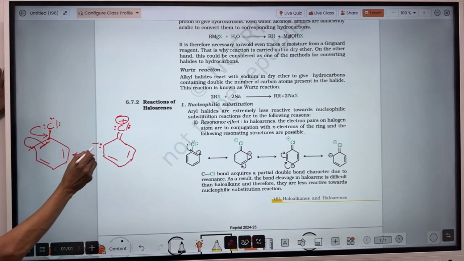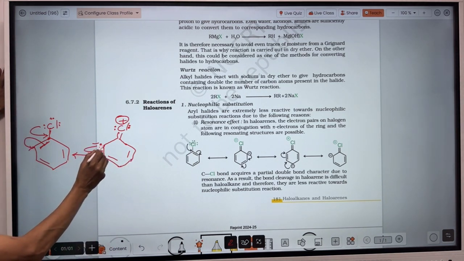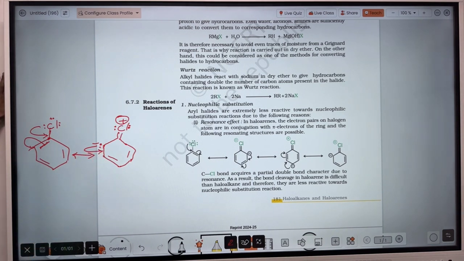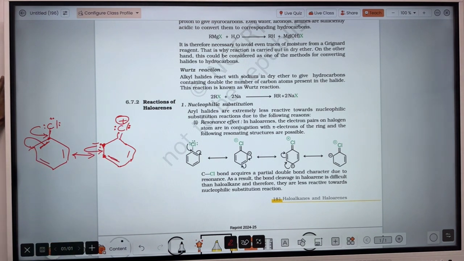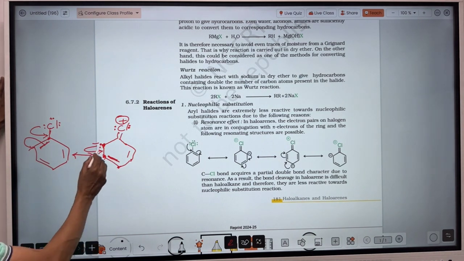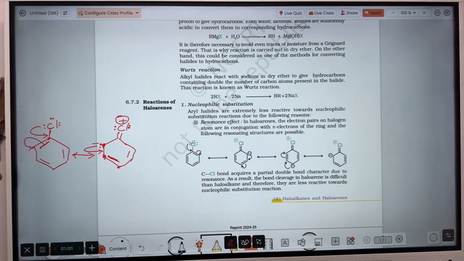Now both the electrons will come between this carbon and this carbon. That means a double bond will form, then this electron will come for the double bond formation between this carbon and this carbon. So this carbon will leave this pi electron. So both the electrons will come to this carbon, in which in this double bonding there is 1 electron of this carbon and 1 electron of this carbon. So this carbon will get 1 extra electron. So there will be 1 negative charge here. So 2 electrons will come for the double bond formation between these 2 carbons and a lone pair of electrons here. So the structure will be